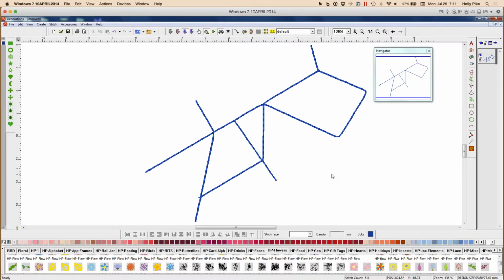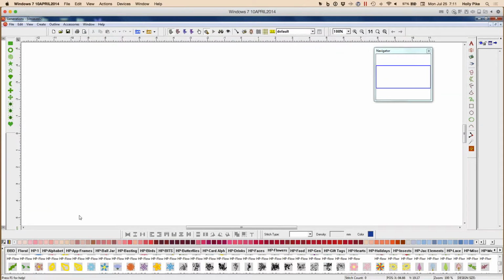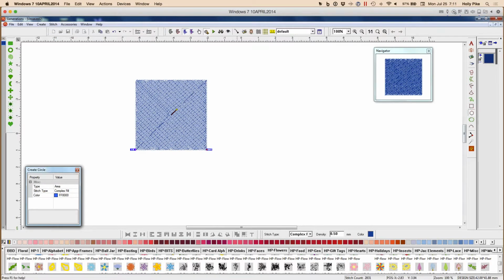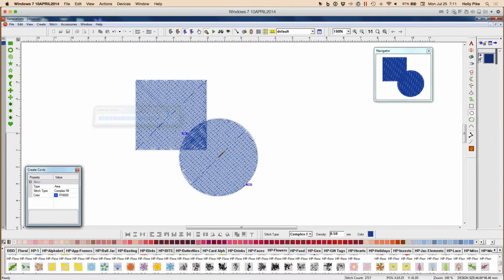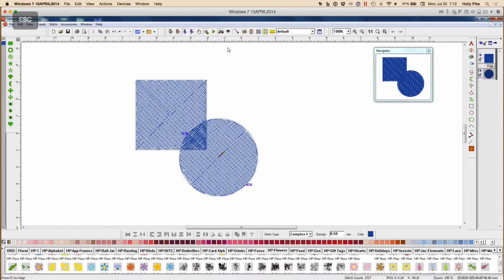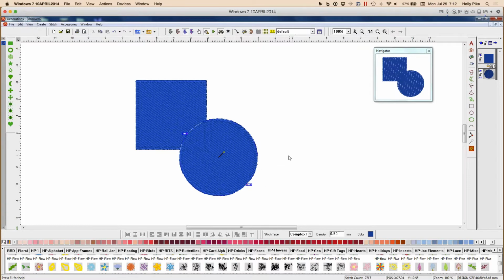I love the Merge tool. The Merge tool is not only good for lines, it's good for areas as well. So I'll take and make a square, and now I'll make a circle. Escape, turn on my 3D view. I have the circle selected already, so now I will select the square. Once they are both selected,